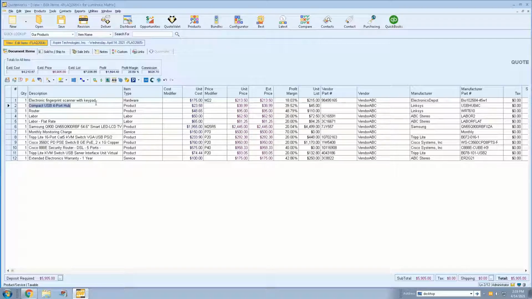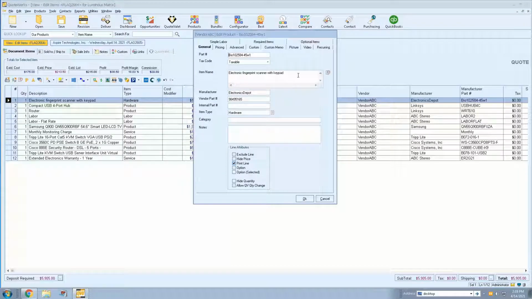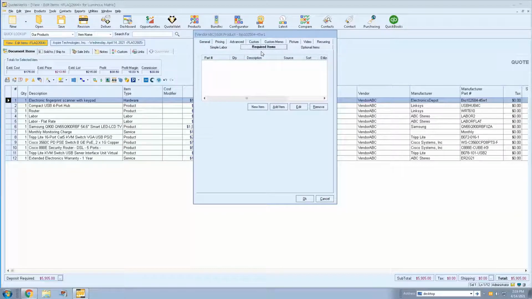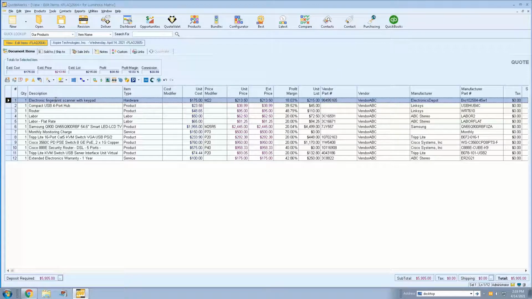One thing to keep in mind too, it's a really great way to edit items on the fly. If you find a description from somewhere else, maybe you Googled it and you're just updating descriptions, but also if you needed to add required items. If you find yourself saying, hey, every time I quote this item, I'm also having to go and find this other item that we sell with it 90% of the time, this is a great time to say, you know what, let me just edit this item in the database and add that required item, or add that optional item, or add labor to it. It makes it really easy to make those kinds of changes. So that's the thought process behind utilizing that feature moving forward. Okay, so